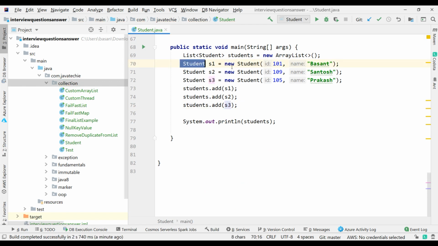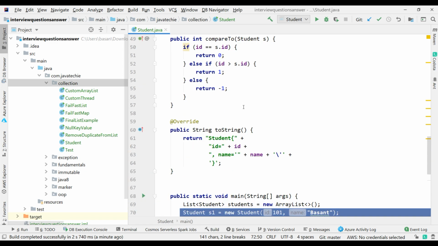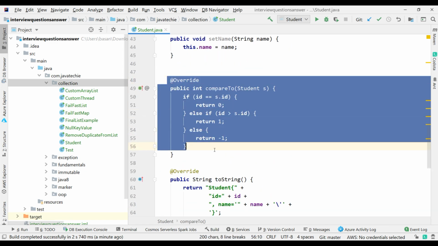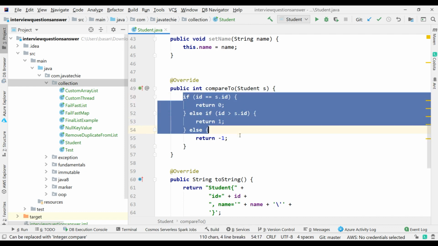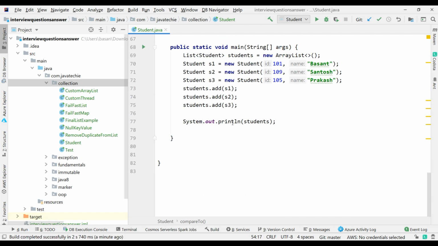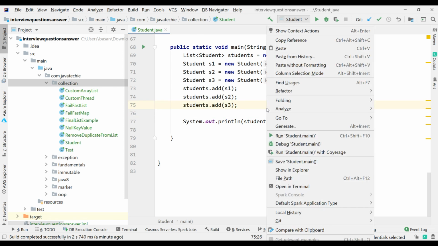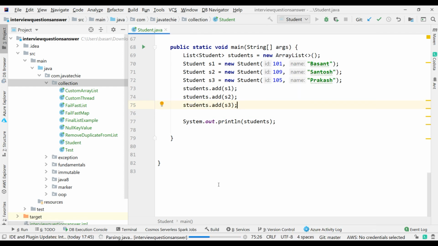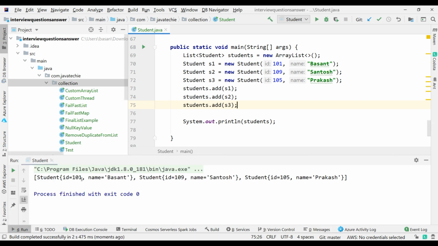So I created three student objects, I also implemented Comparable, I overrode the compareTo method and provided sorting based on the ID. Now I added them to the list and I was trying to print it. If you run it, you will not get a sorted order. See, the way we added 109, 105, 101 we are getting in the same order.